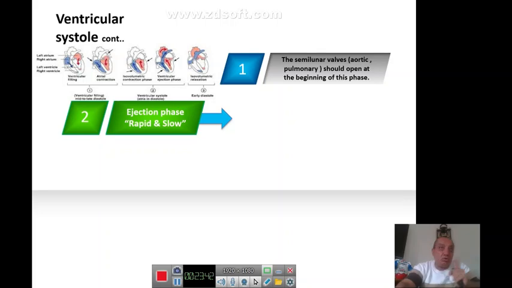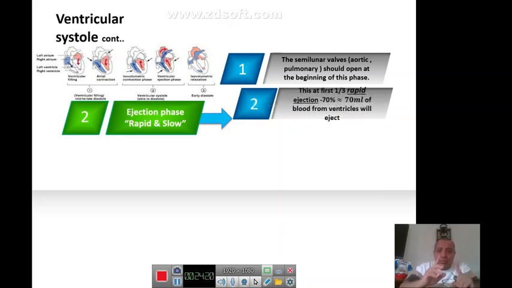Should be closed, because the blood cannot go back again during the systole or during the ejection back to the atria, unless we have insufficiency. It means the valve cannot be closed completely. So during the cardiac ejection, or the ventricular ejection, or the rapid ejection phase, part of the blood will go back to the atria. So finally it will lead to hypertrophy of the atria, and this is a disease, not normal. So normally aorta and pulmonary should be open because the pressure has reached more.